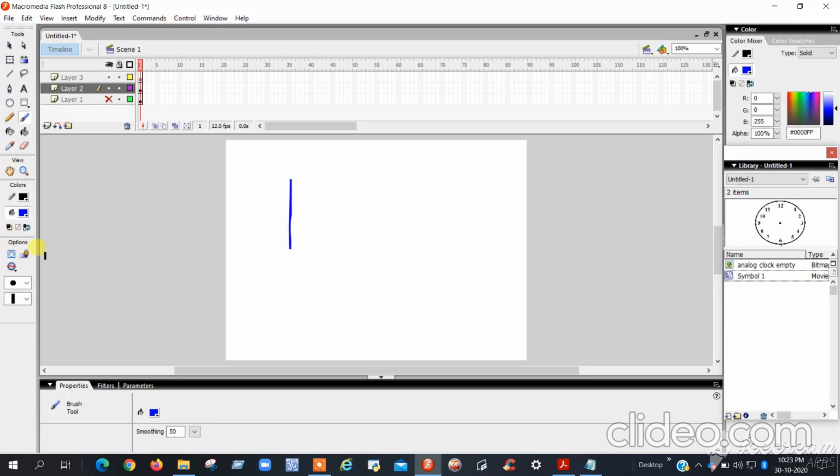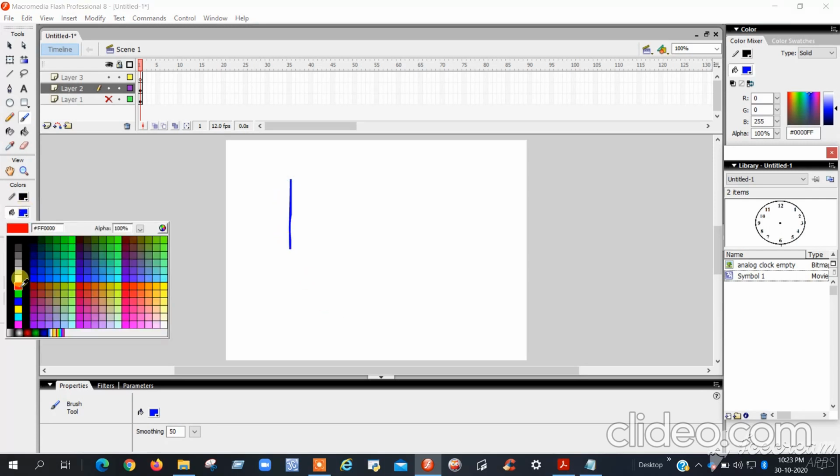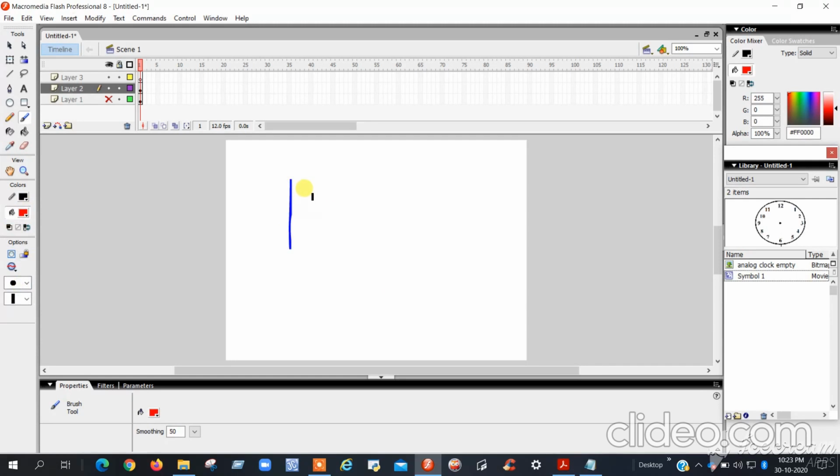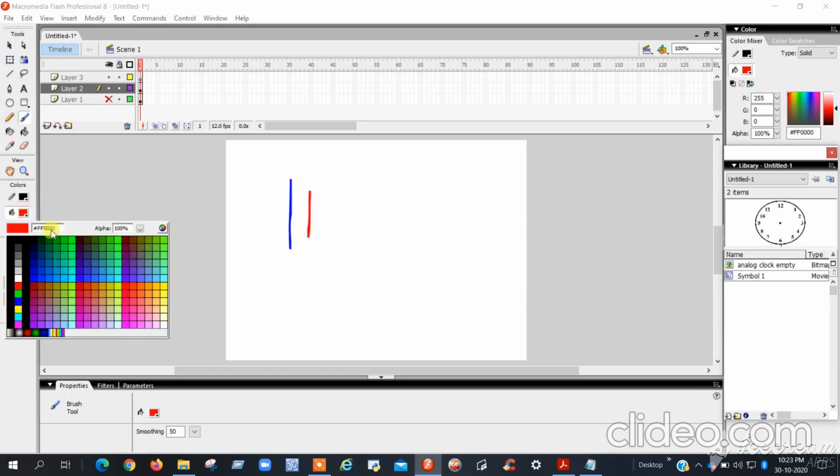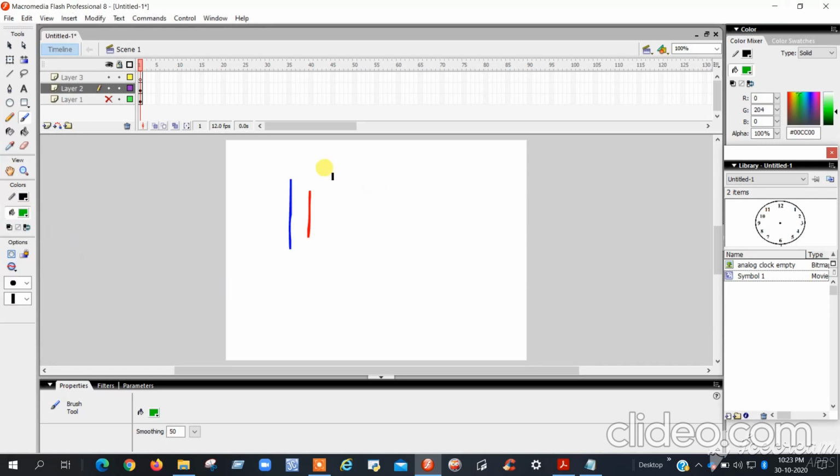This is one line. Then I choose another color, red, and draw the medium line. Then I choose another green color and draw the second line like this. Now I have drawn the 3 color lines.